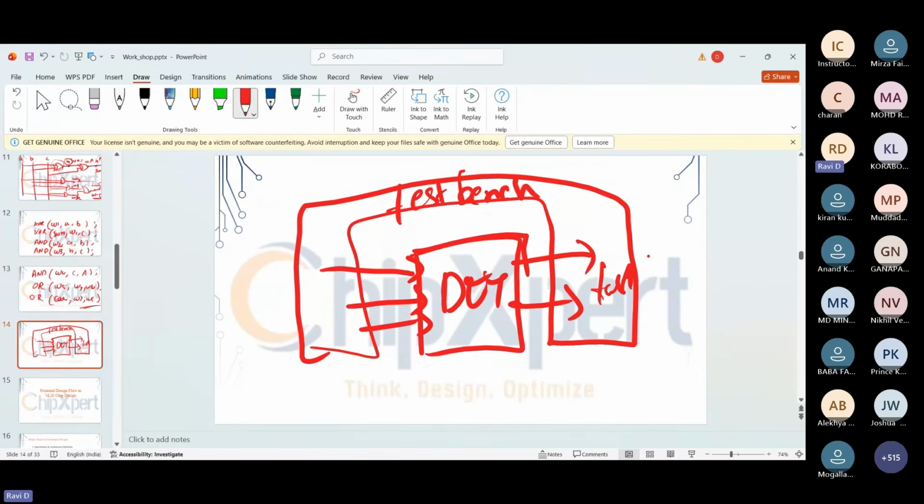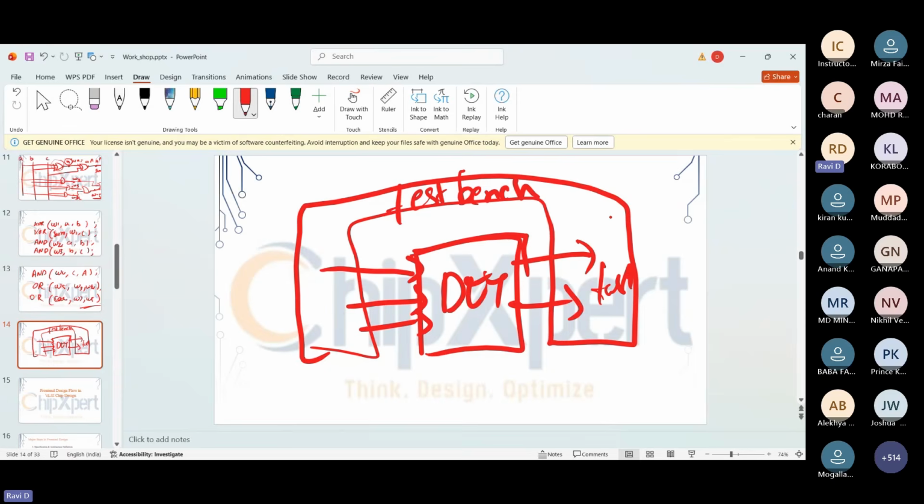In test benches, we design different blocks: one to generate the stimulus and one to drive the stimulus to our design. Usually all of these things are carried out by a single block itself.